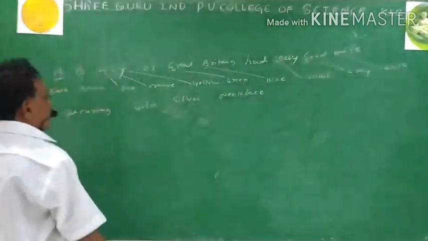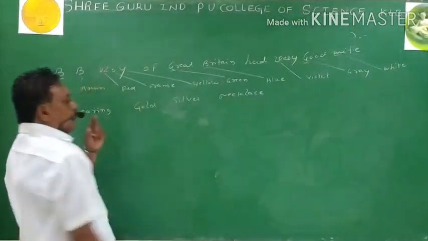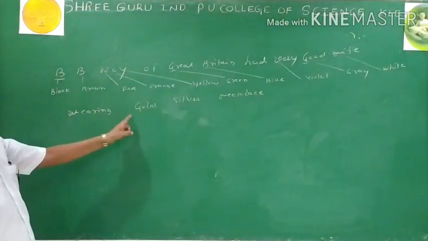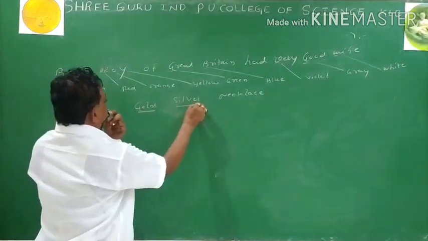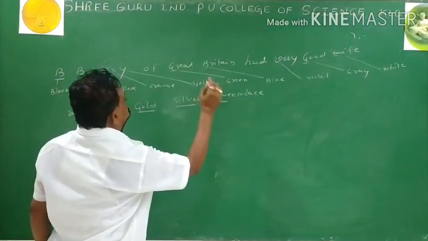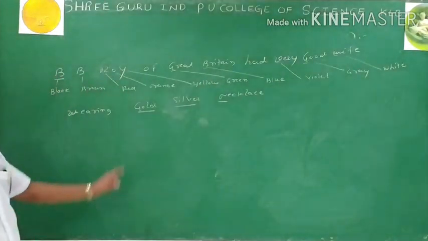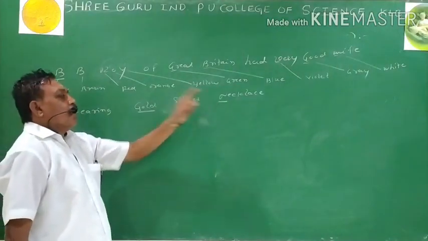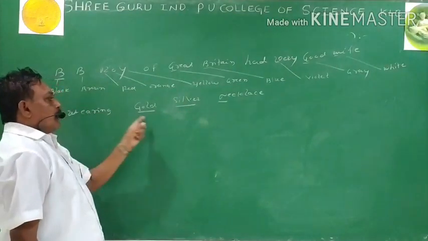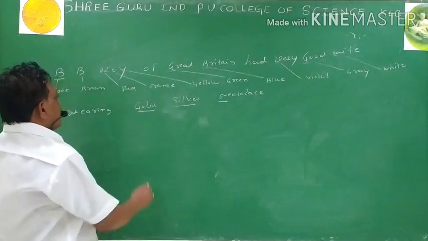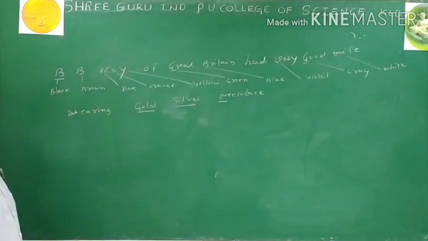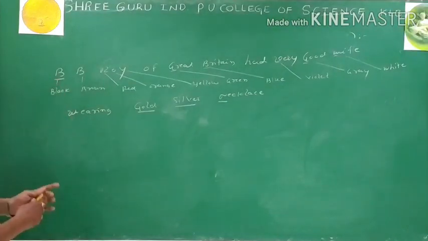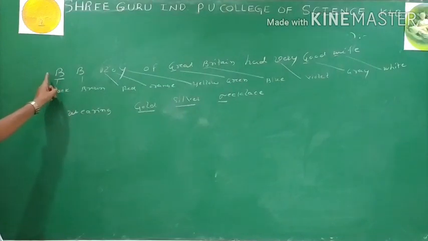Then what about gold, silver and necklace? The last three, gold, silver and necklace: gold as it is, silver as it is. In the necklace, N stands for no color. Now these are meant for tolerance. So how to give the value for these colors? Then I go for a separate chart. Now this is nothing but our hint. On the basis of the hint, we can recognize the color.